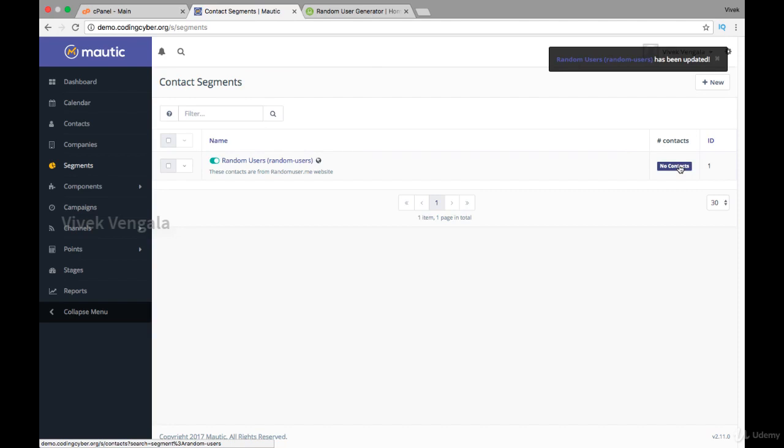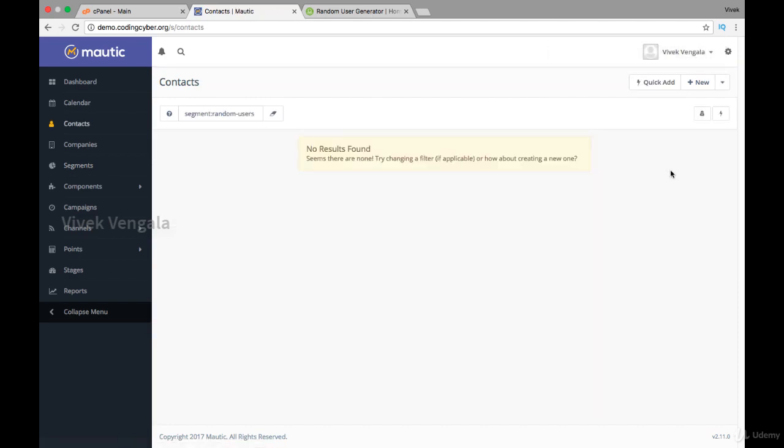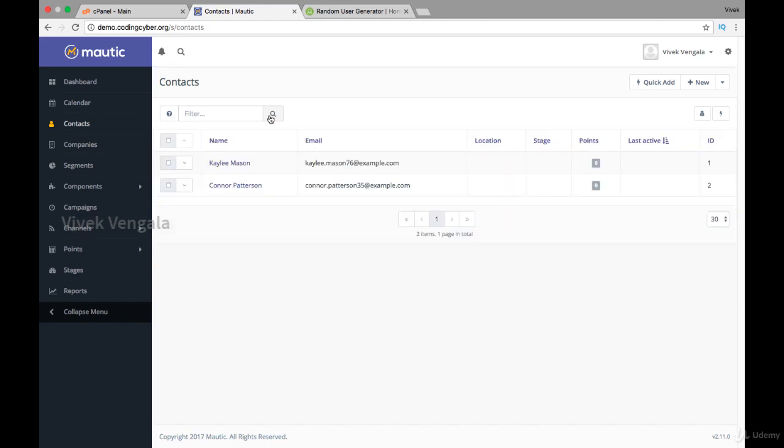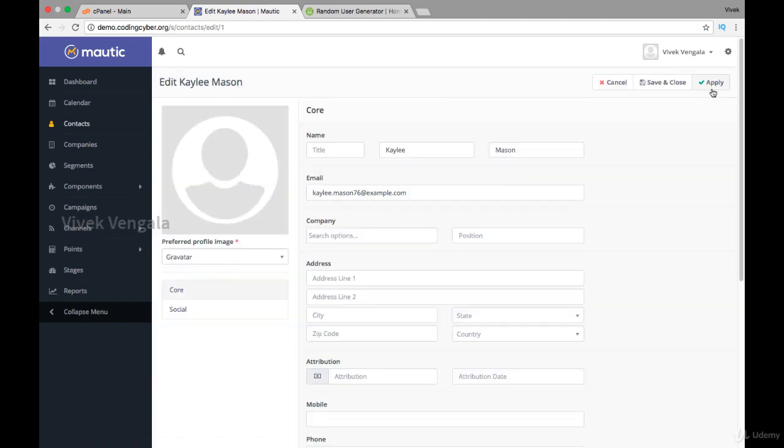Here we have no contacts because we don't have any contacts in this segment. You can see the filter applied here, and I'll add these contacts to the random users segment. Here you are seeing no contacts because this segment, random users, is applied. We can clear this filter by just clicking on the eraser button, and I'll click on the edit button, and I'll add this contact to the random users segment by just going to,